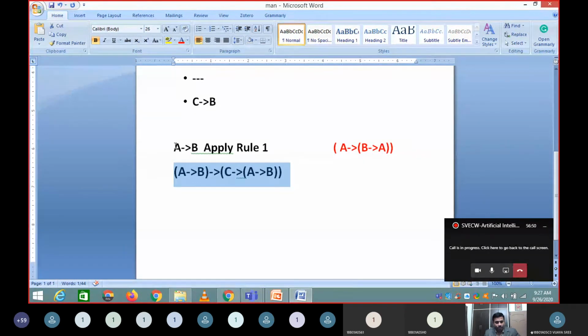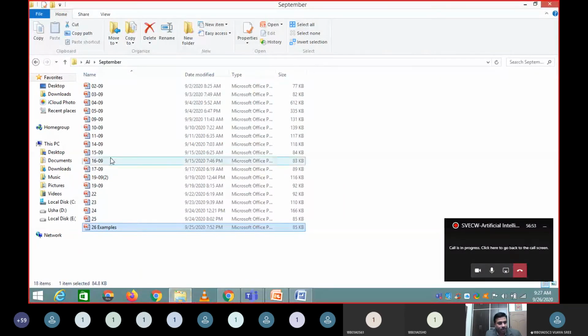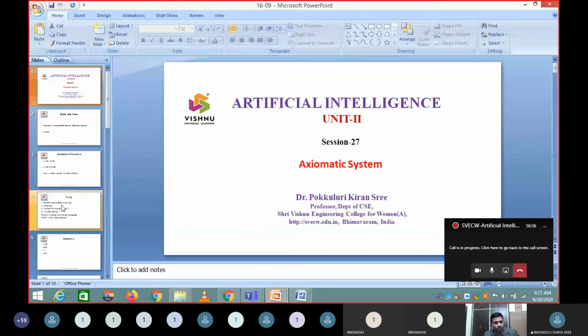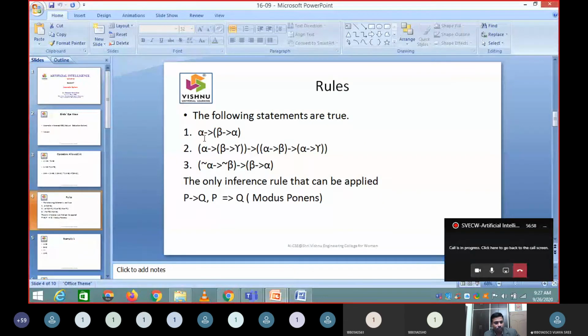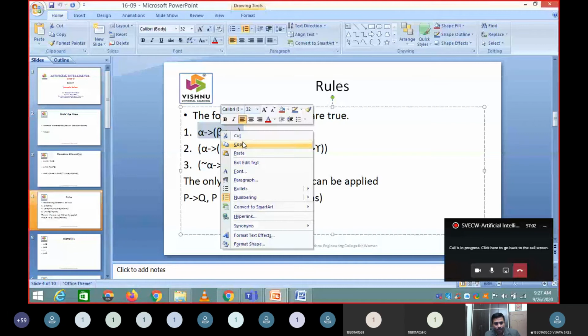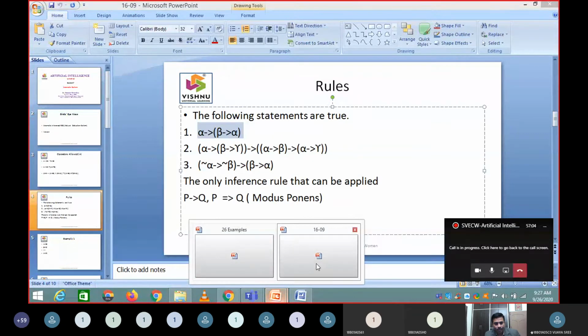See, this A to B, what I do is I will take another PPT, then you will understand better. See, the rules are like this. This is what your textbook says.